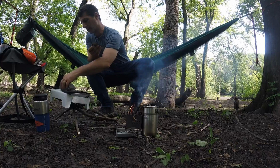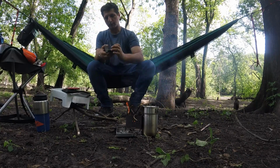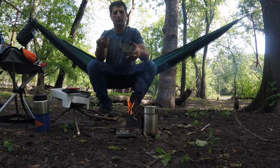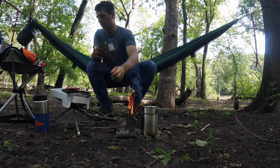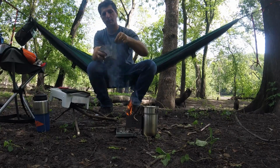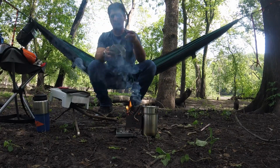Okay, so I modified it. Little Esbit tablets you can put in here, right? But I was like, be cool if you can use this as a stick burner. And that's what I ended up doing. So, put one here and one here. Put notches in them, right? And I put these things in here to hold it. Bam. And bam. It's pretty good. It's okay. Problem with it is that